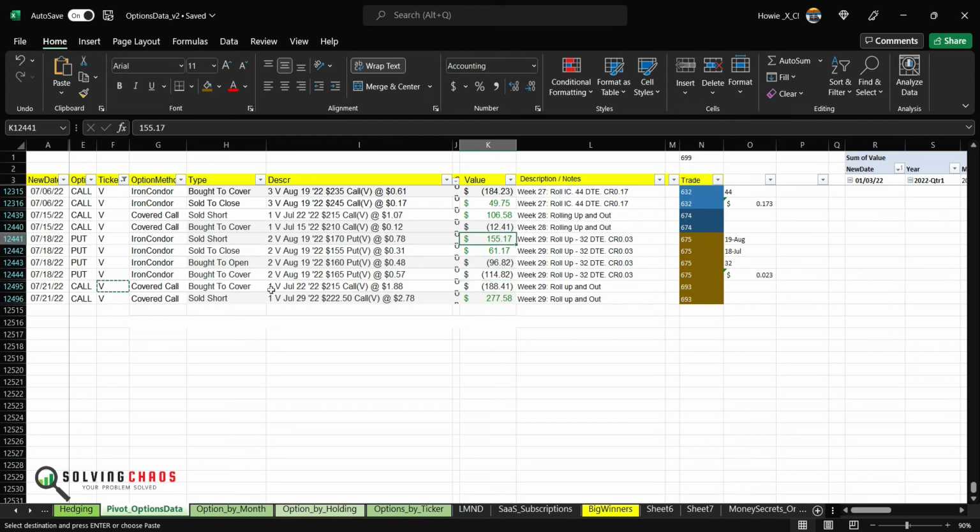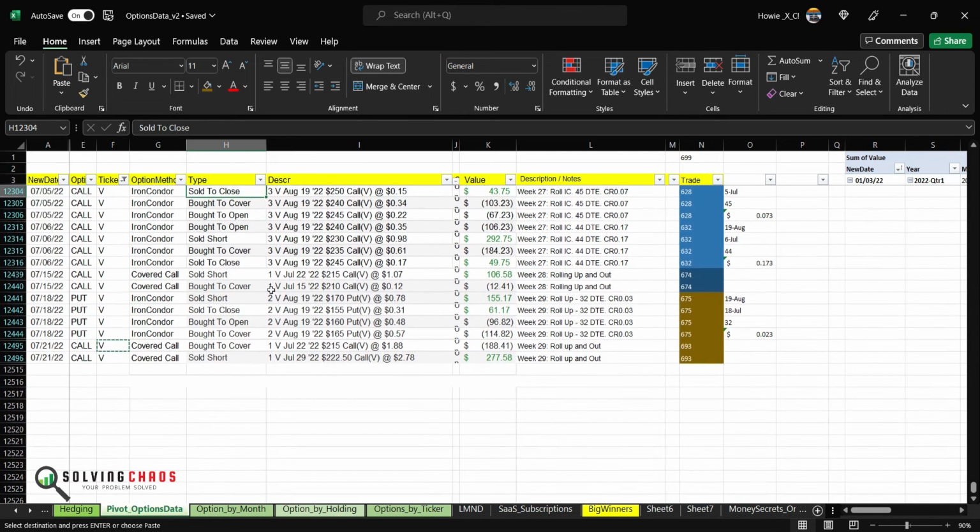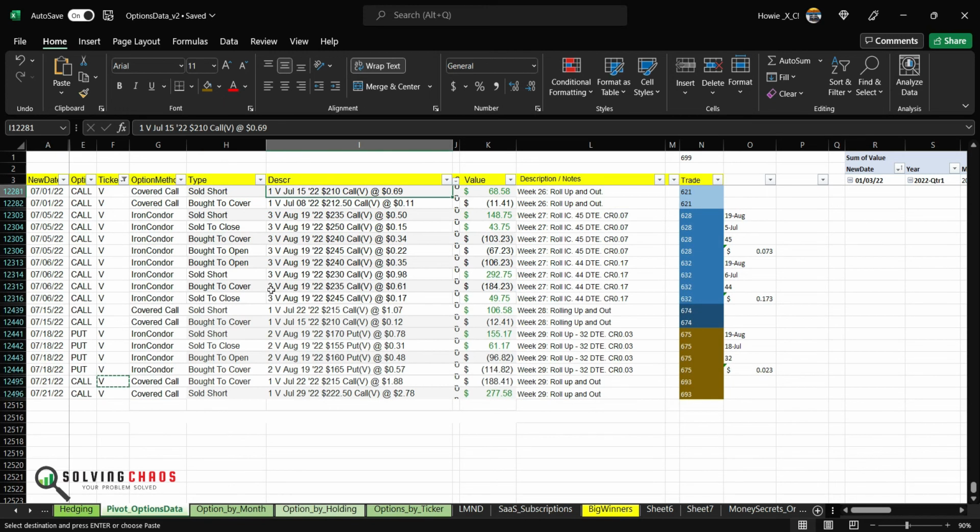The other thing is I have some iron condors on it. So I moved up the short side, the short put, the untested side. But you can see Visa has been making me money because this is the same one. If you follow the pattern, this 210, and I think even before that I was playing it. Yeah, I started with the 210 here. It was 215. I rolled it down.